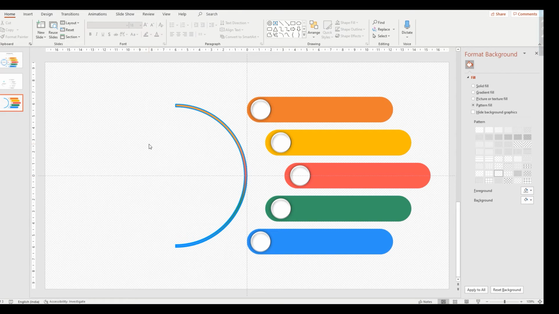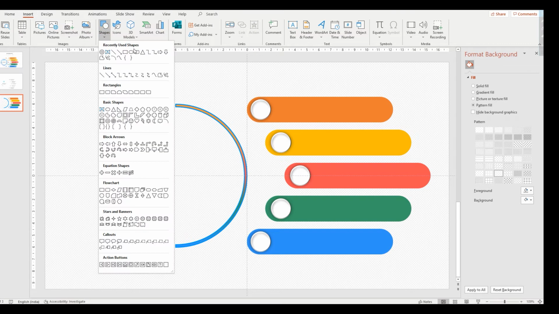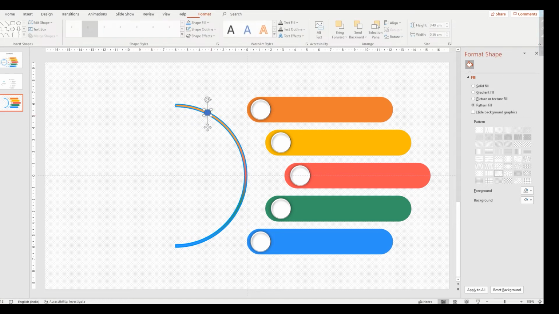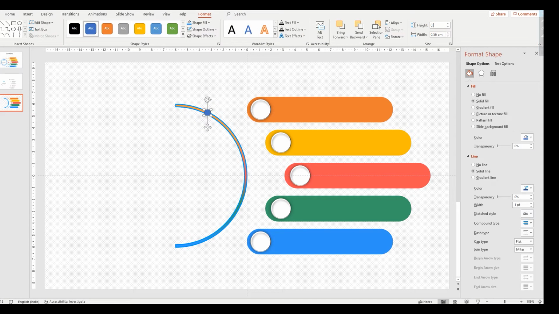Then next what we are going to do means small circles we are going to take, .4 I am taking, center, remove the outer line, take little bit bigger, 0.5.